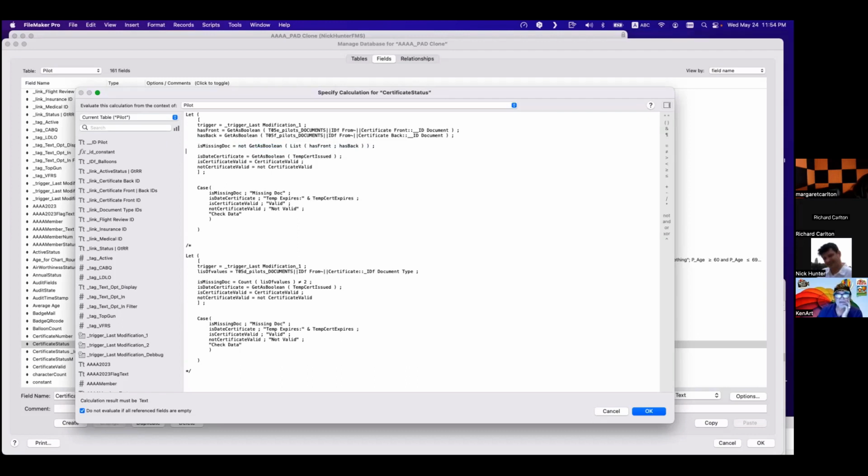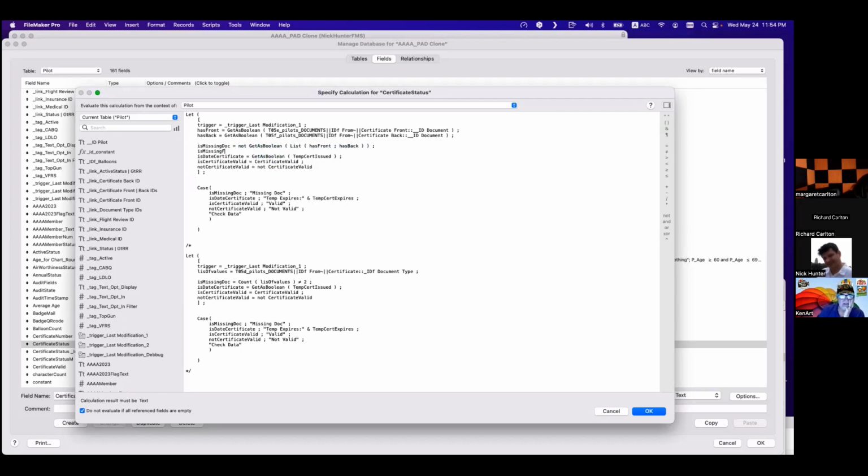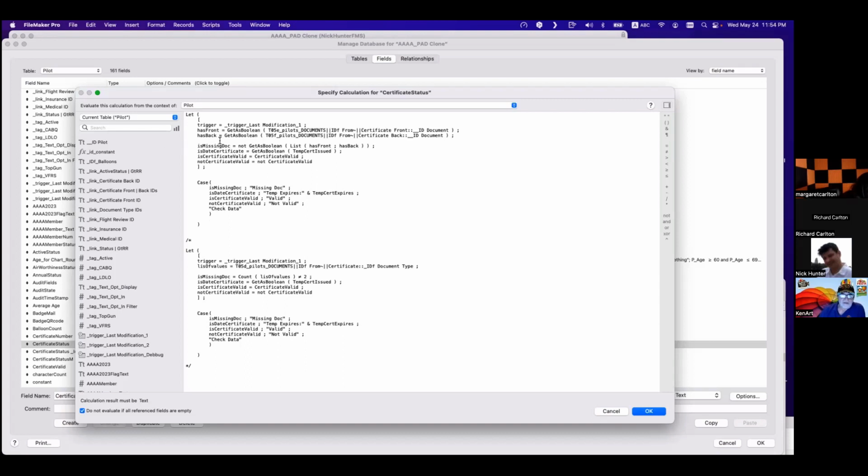So now is missing front, right? But that's easy. We have it, we don't need to do that, because we have has front, has back. The missing doc was to combine those two.